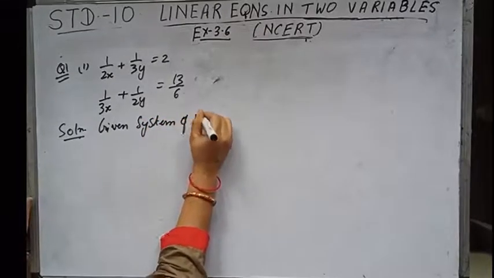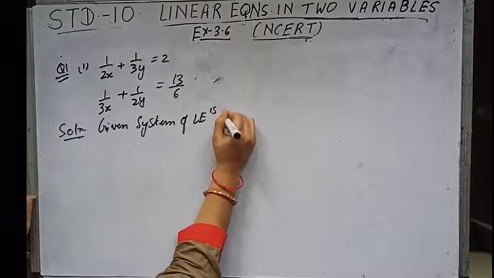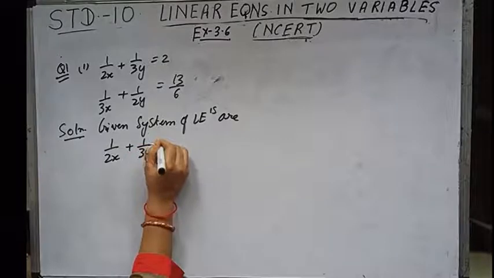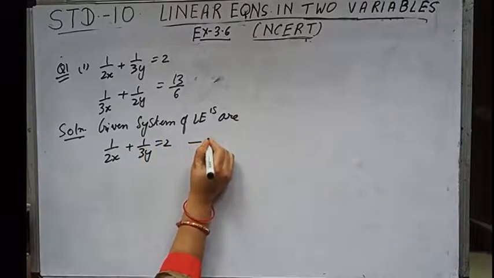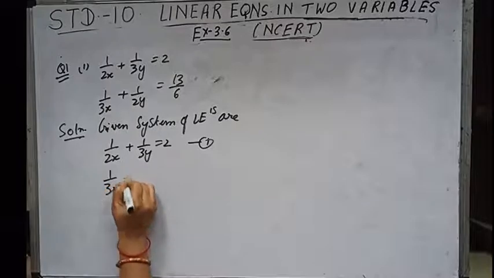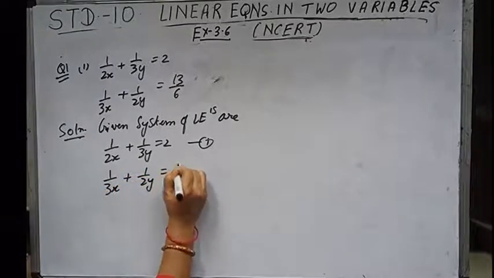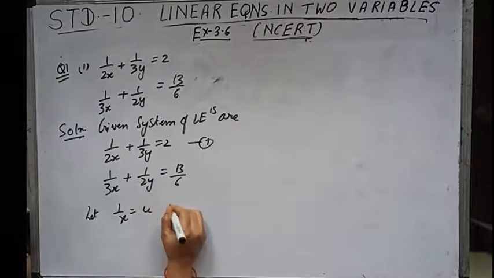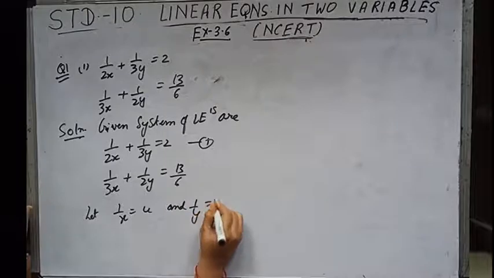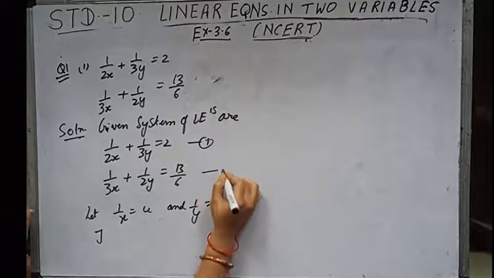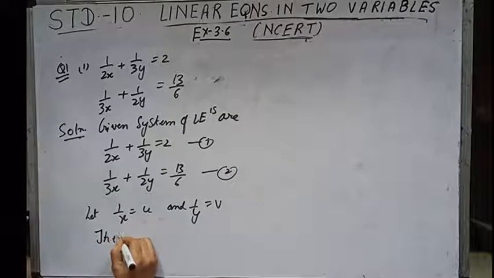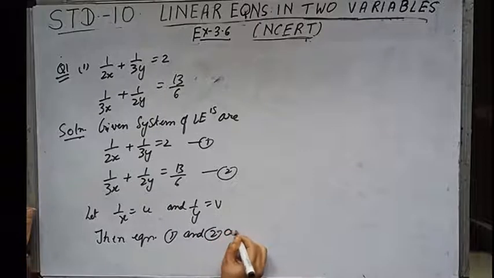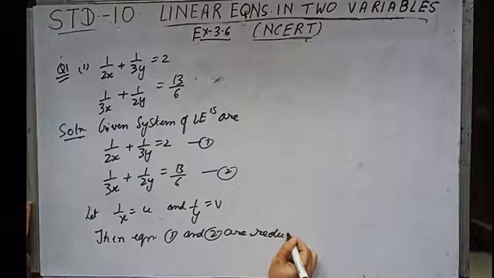Given system of linear equations are 1 by 2x plus 1 by 3y equals to 2 and 1 by 3x plus 1 by 2y equals to 13 by 6. Let 1 by x equals to u and 1 by y equals to v. Then equation 1 and 2 are reduced to